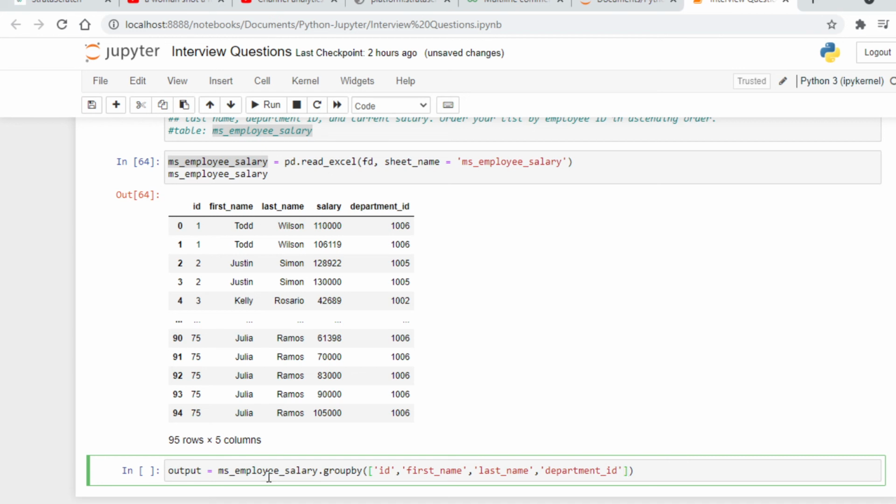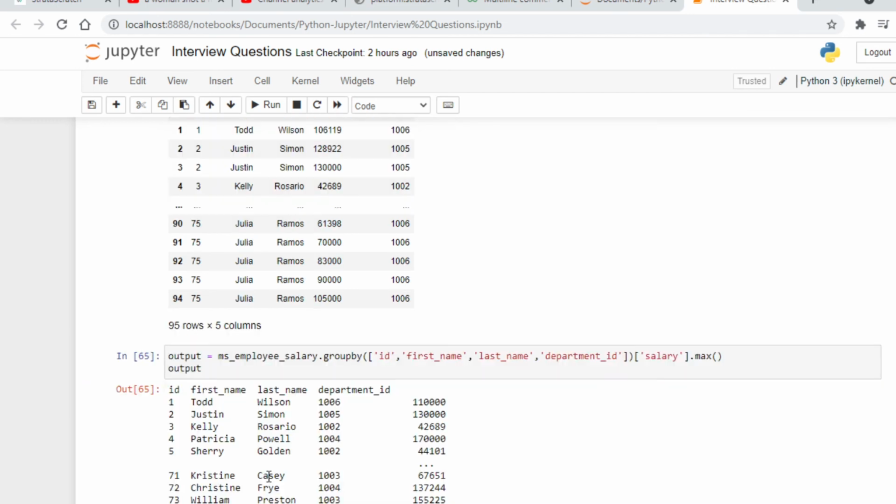Okay. So we'll group by these columns, and then after that we will find the max of salary. So salary dot max. So by this way we will find the max of salary for each ID. Okay, so let's run this much of code first to check our output.